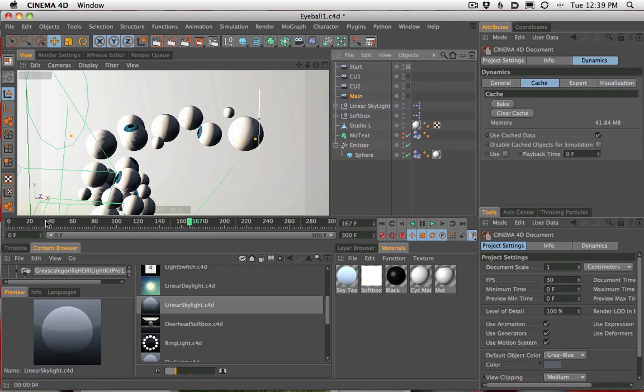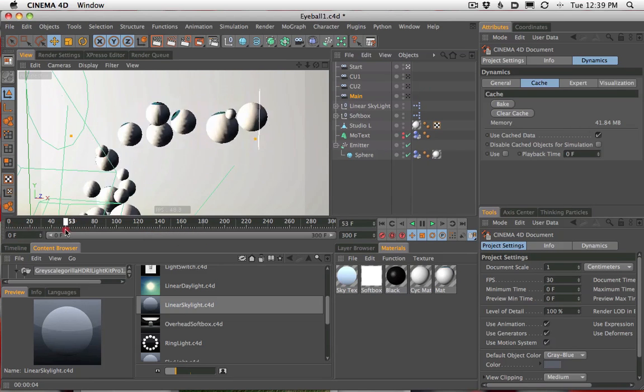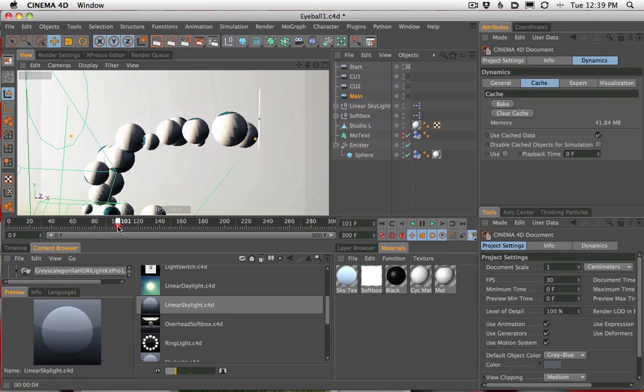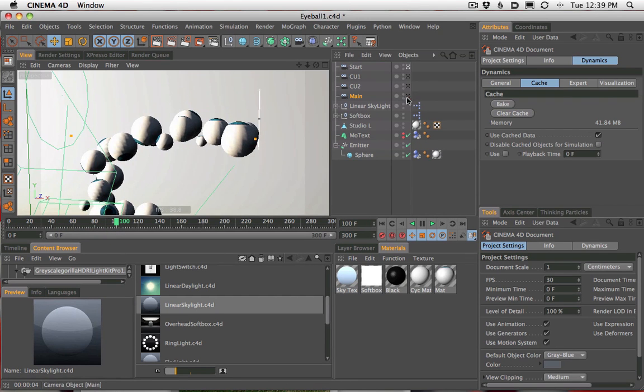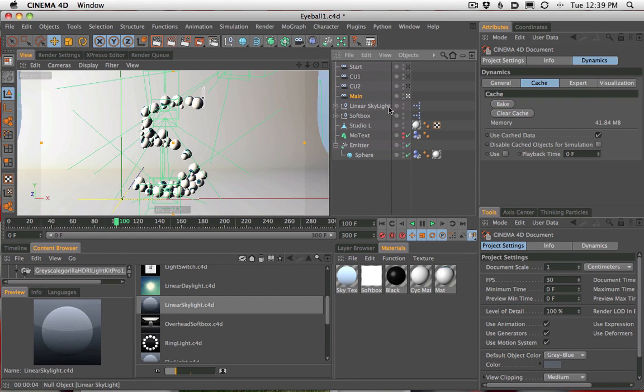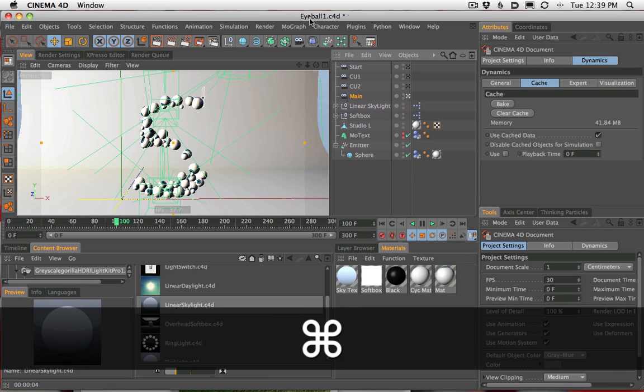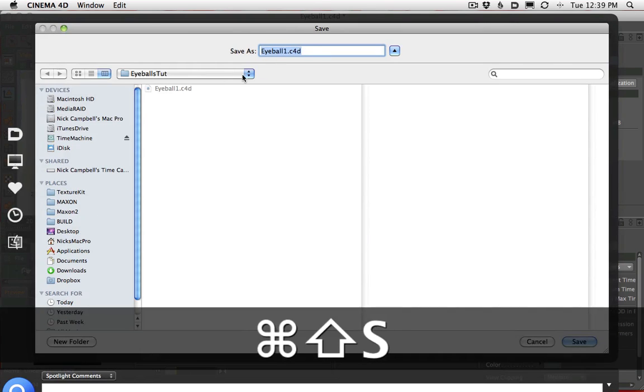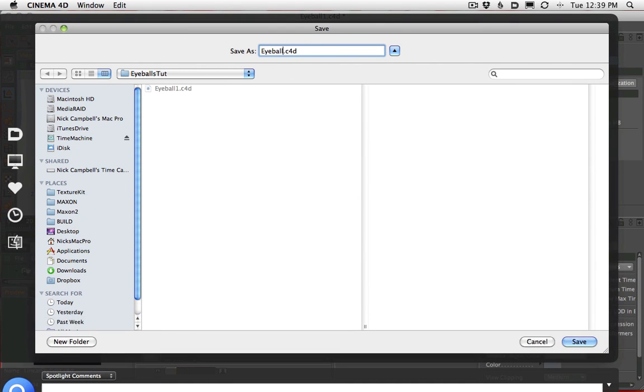And then our start, we only need it from 0 to 100, right? So write all that down, and then we're going to set up our batch render. So we're going to save eyeball 1, and we're going to go Save As, and then we're going to say eyeball main.